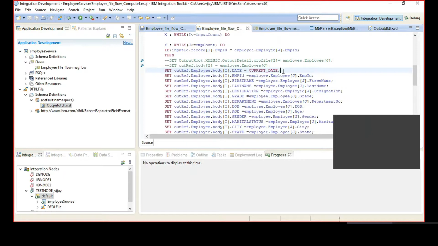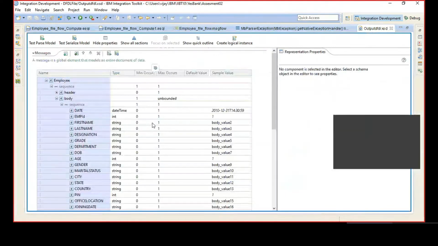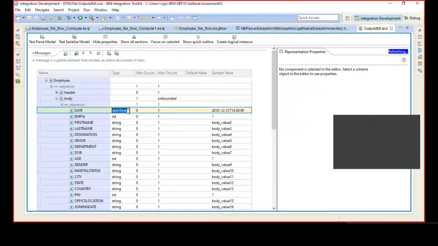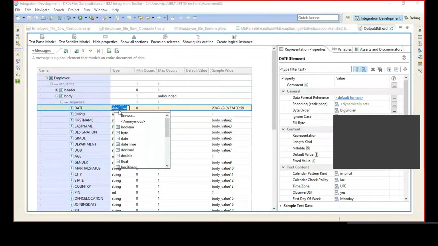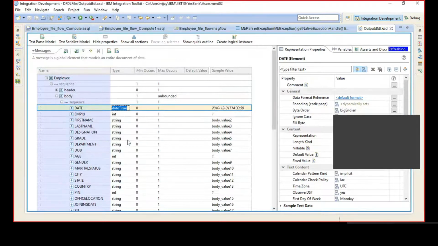So go to the XSD and change it from date time to just date. All right. Think of any other mismatches that you might have made, and then deploy and test again.